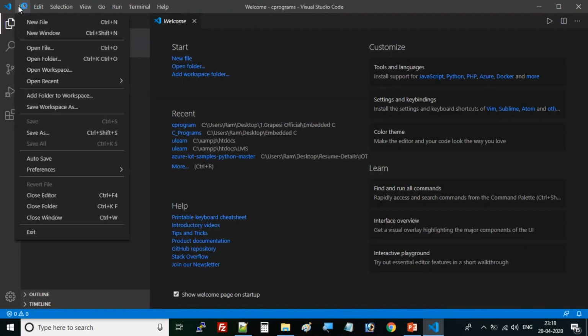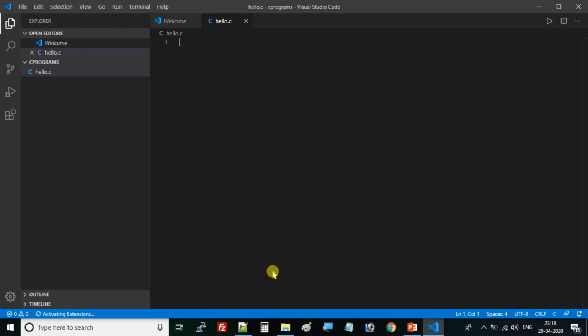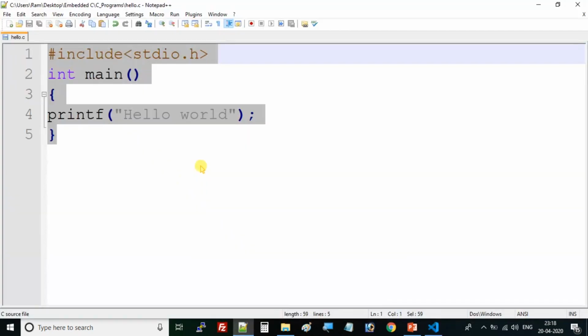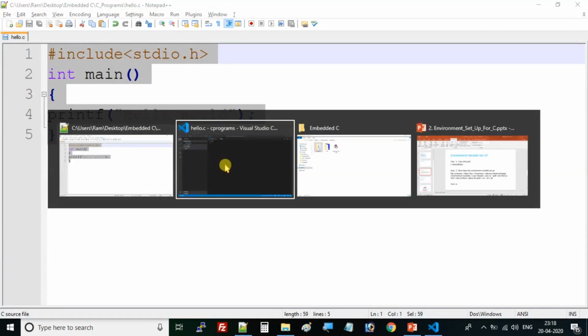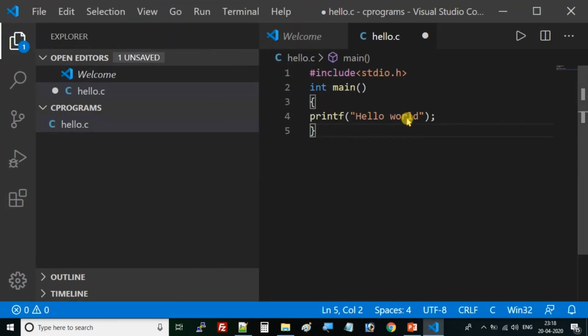You can also open it by using the Open Folder option. Here you have to make a new file. I'm naming it hello.c. I'm just copy pasting this Hello World program. I will explain everything regarding this program so that you learn how it works internally.